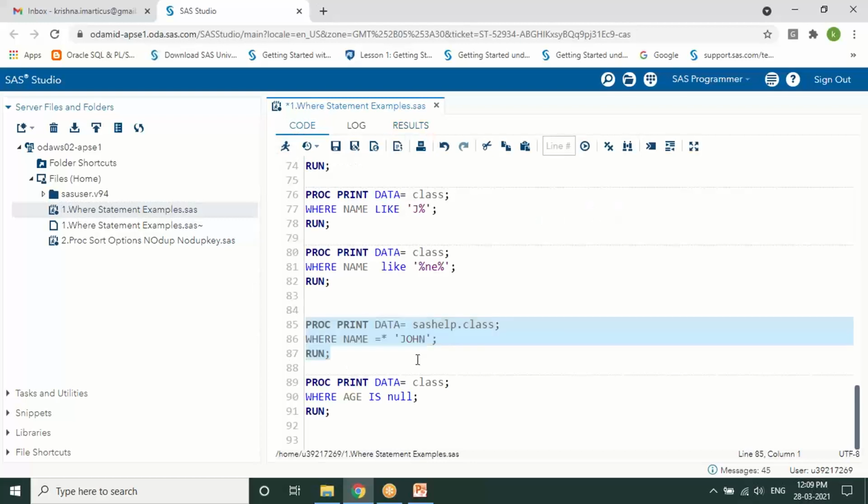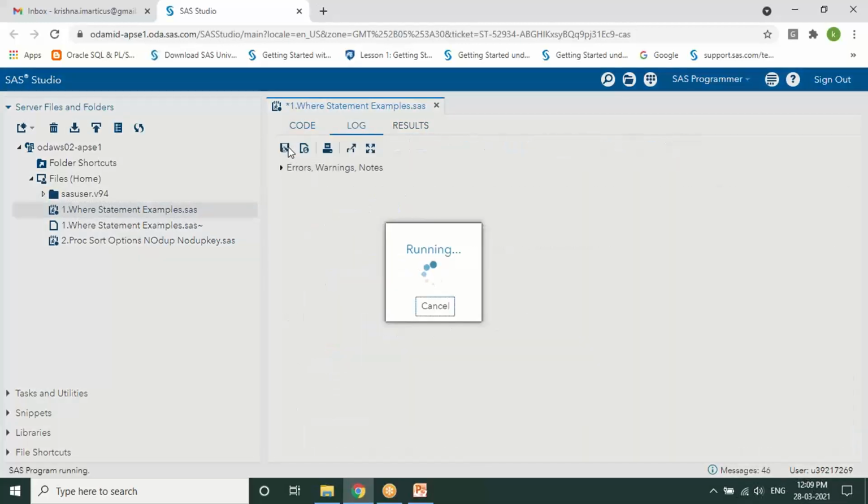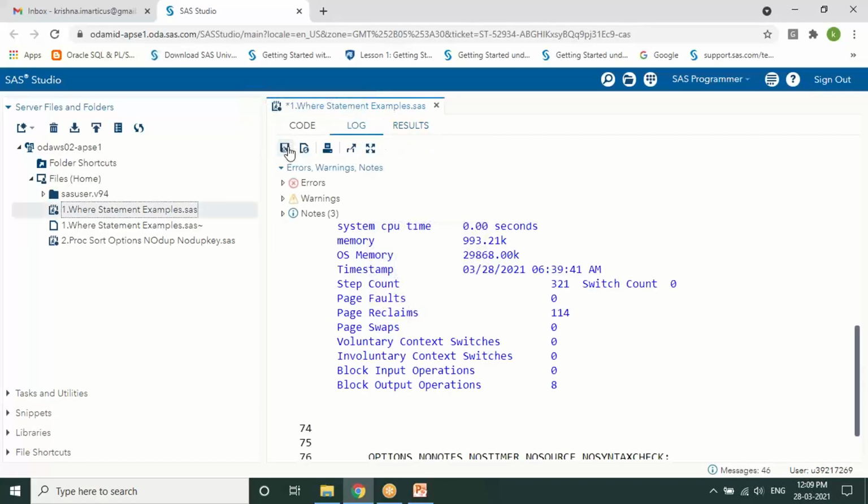Okay, this is sounds like. I don't have any null values, but you have something called IS NULL and IS MISSING. It will find all the missing values and null values in the data and display them. So all that you can use.